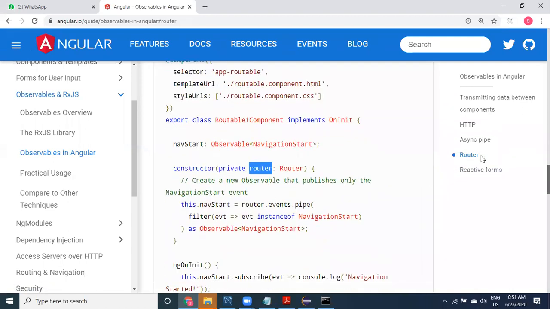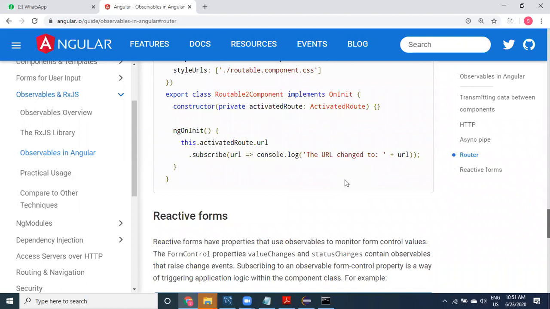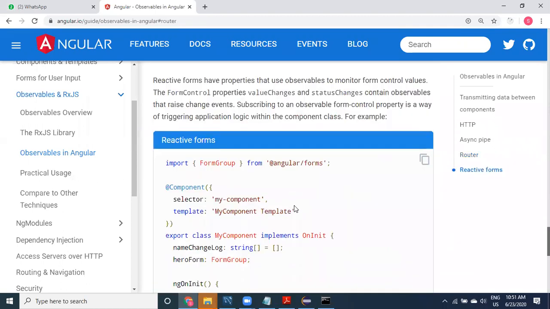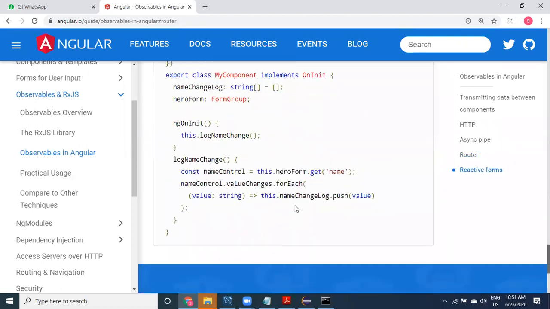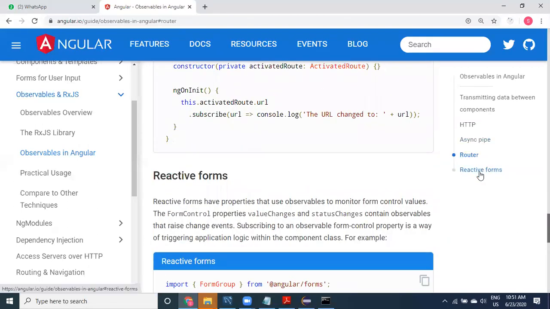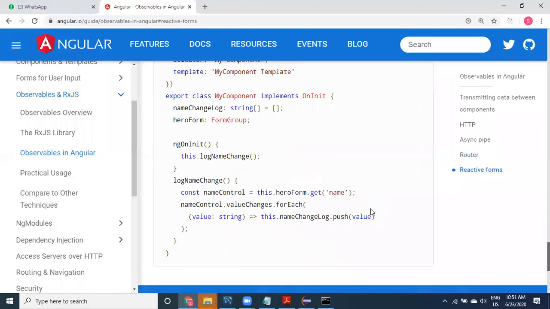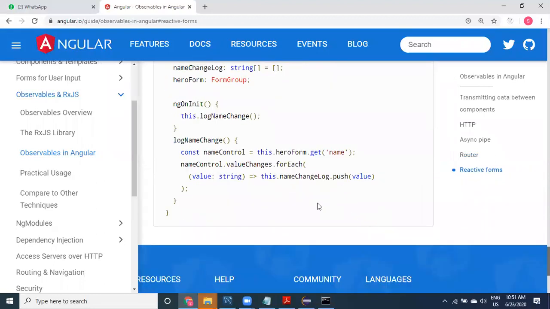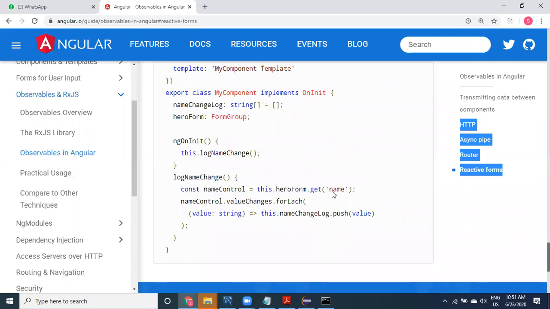This is related to router, right? Router related params. We have used router dot params, and then we can use it. Another is reactive forms. Using reactive forms, you keep getting the data you are receiving. These are the three different types of observables available in Angular.